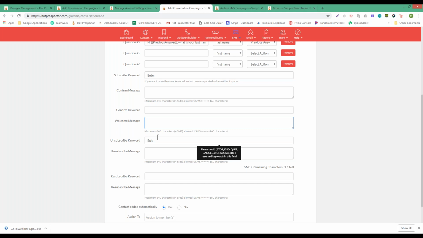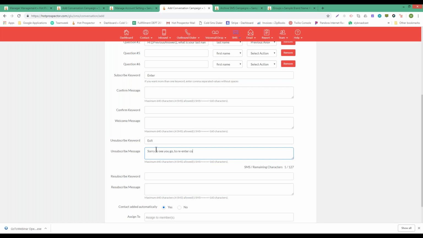Okay, so that's going to be one of those lines that you'll always use, and it ties in to this word here. So if somebody sees your message and at the end of it you say reply exit to unsubscribe at any time, or to be removed from communications at any time, they're going to reply exit. If they do, this message is what they will see, and you will say, sorry to see you go, maybe something like this, to